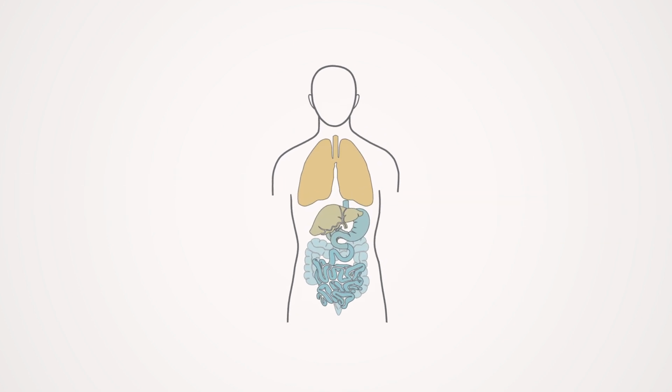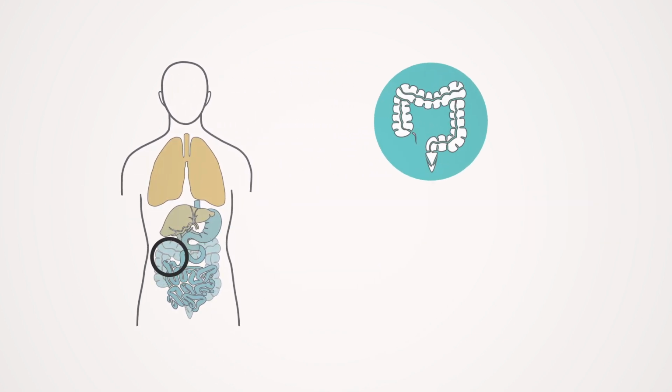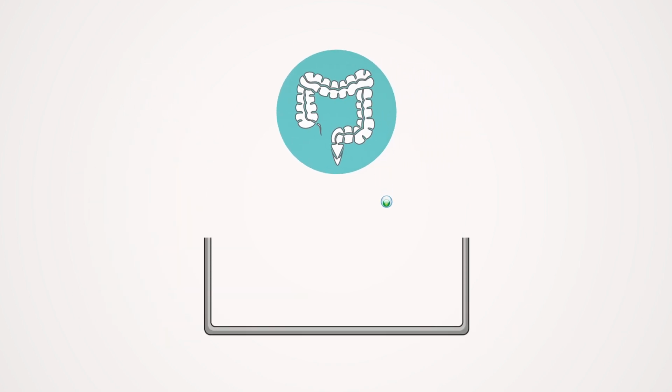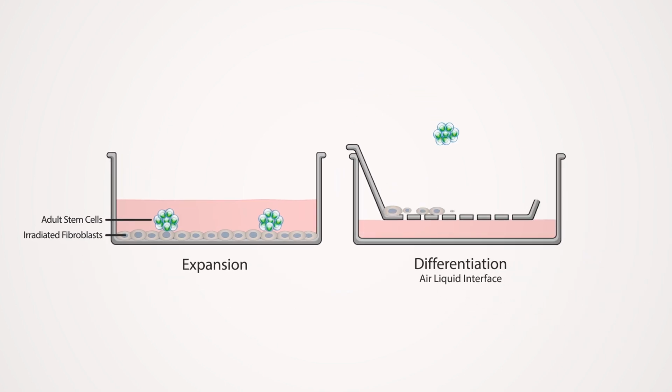Mimex tissue model systems harness the power of adult ground state stem cells located within epithelial organs. When isolated and cultured, an individual tissue-specific stem cell clone can be rapidly expanded and easily maintained in culture. Switching these cells into an air-liquid interface system induces the stem cells to differentiate into three-dimensional ex vivo tissue that